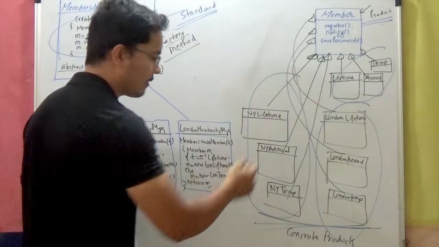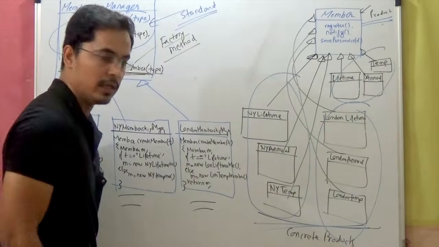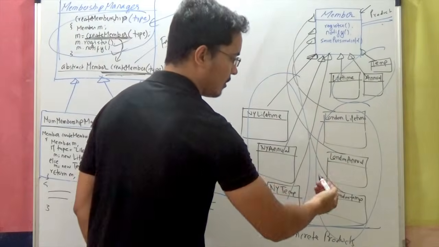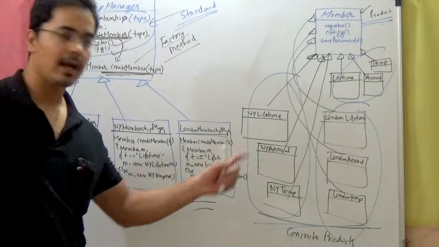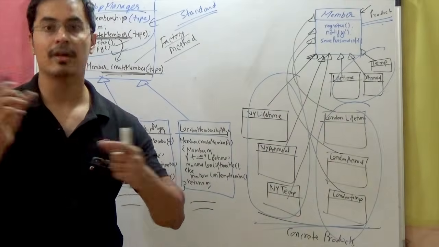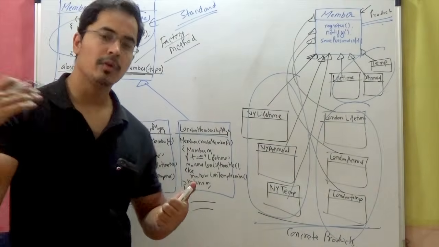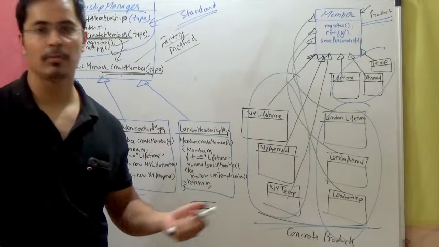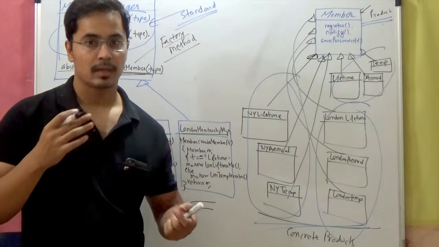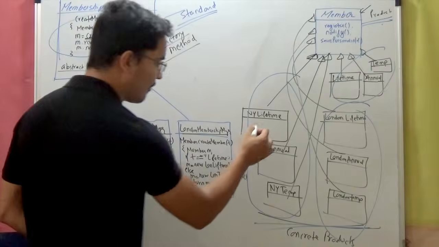So we have New York lifetime, New York annual, New York temporary, London lifetime, London annual, London temporary. They will have their own different logic, like membership durations will be different, membership policies will be different, discount offers will be different. So that difference will be here,